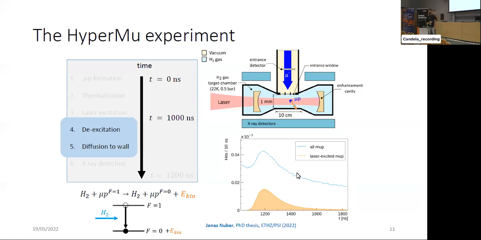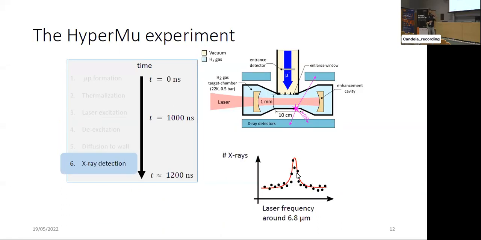The muon is captured in a very highly excited state, and during this decay cascade, muonic gold X-rays are emitted, and these X-rays we actually detect. So in the end, what we do is scan the laser frequency and count these X-rays that we detect. Okay, that's the indirect scheme that we